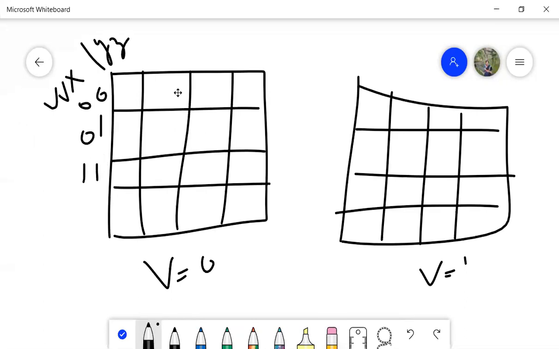This is 11, this is 10. So 00, 01, 11 and 10. Now we have to plot the K-map for the POS expression. According to the POS expression, this will be a 0 over here, because I have M0, M1 is not there, M2 is there, M3 is there. Then I have M6. So 0, 1, 2, 3, 4, 5, 6 is there, 7 is there.